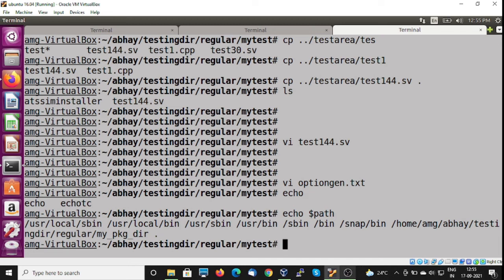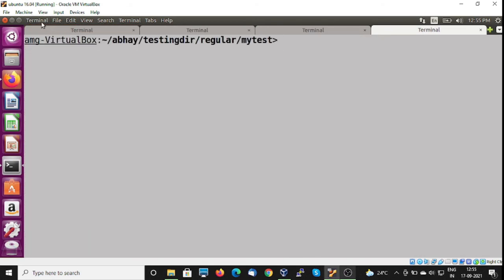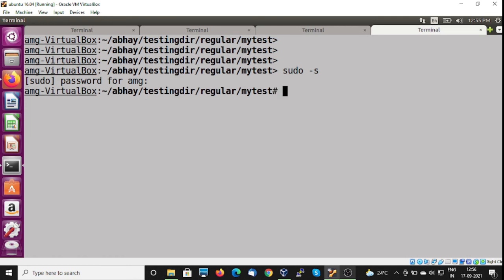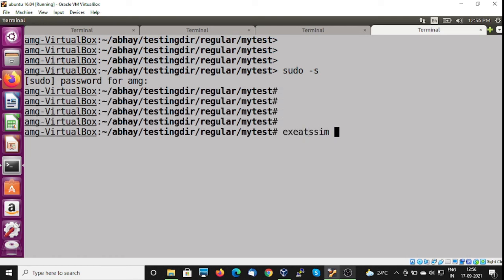Well, in this case, not able to take. I'll open another terminal now. So here I'm able to use my exe ATSM.